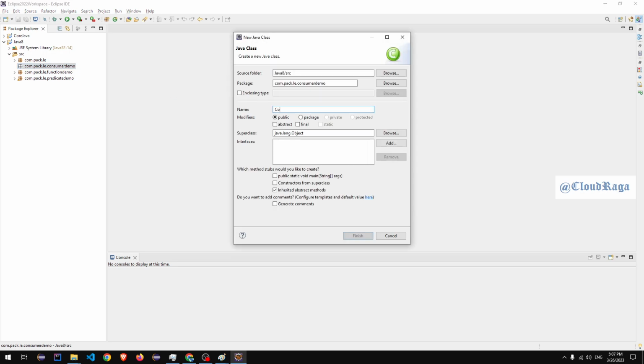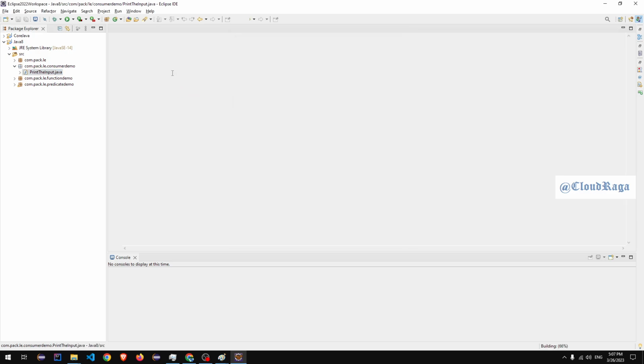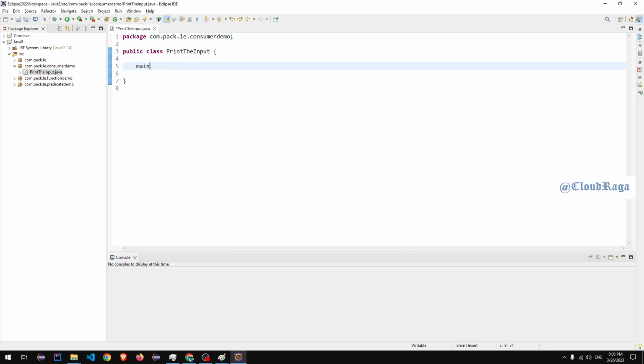Let's just say print. Print the input. Let's do this from the simple thing. So whatever input we will give, it will just print it. Okay, that's the task. So let's have main method,